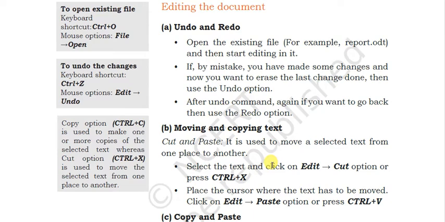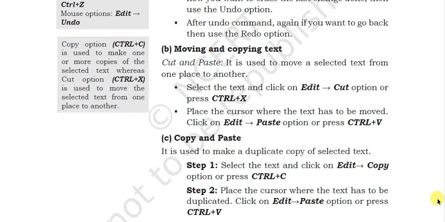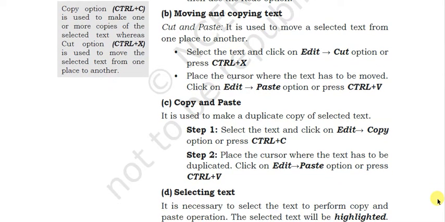The thing that was there will be removed from that position, and if you want to paste it somewhere else, then you will click that particular position and go either to Edit to Paste or use the shortcut key Control V. Okay, but if you want that thing to remain there and you want to copy it, then it is called copy paste, and the shortcut key for copy is Control C and for paste Control V. So you must remember these shortcut keys: Control C for copy, Control X for cut, and Control V for paste.